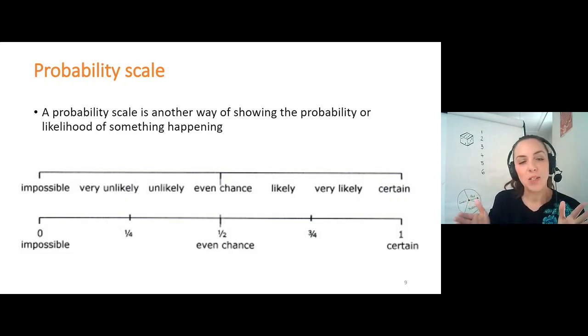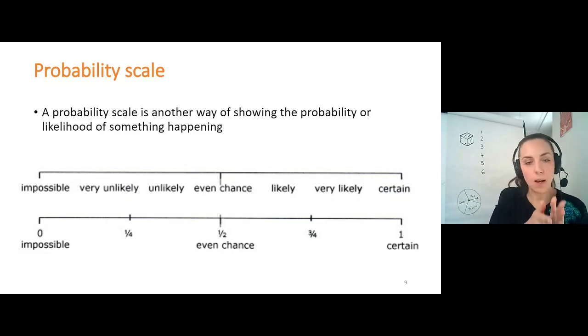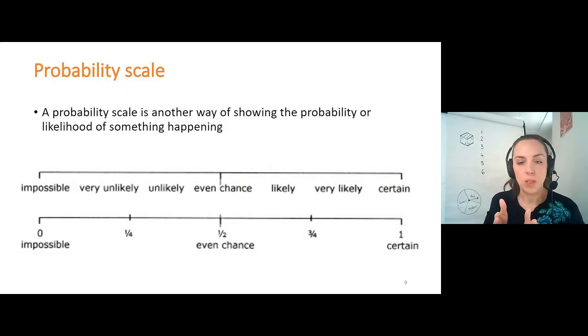Then in between 0 and a half, we have a quarter because that's halfway between 0 and a half. And that comes somewhere between very unlikely and unlikely. And then between a half and 1, a whole, we have 3/4 because that's exactly halfway between those. And that's somewhere between likely and very likely. So hopefully between these two scales,